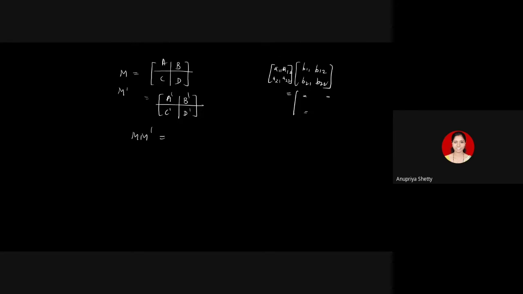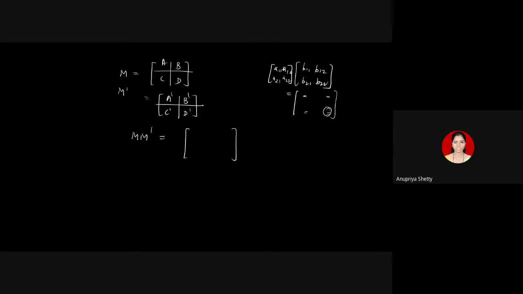Then the 2/1 entry will be A21 B11 plus A22 B21, and the 2/2th entry will be A21 B12 plus A22 B22. Second row, second column gives you this entry. Just like you multiply two matrices of order 2, you can divide m and m dash into 4 blocks, and this product of m and m dash would be the same as the matrix that you get,